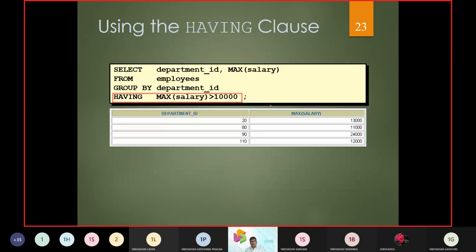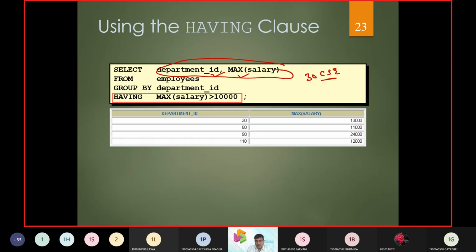So what was this query telling? The query was to display department ID and the maximum salary. 30 employees are there in the CSC department. What is it going to tell?